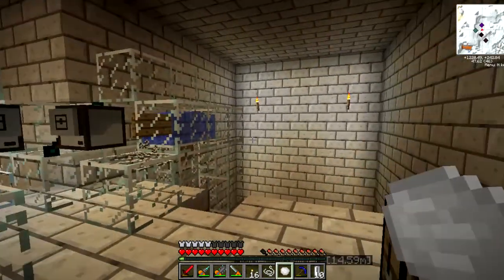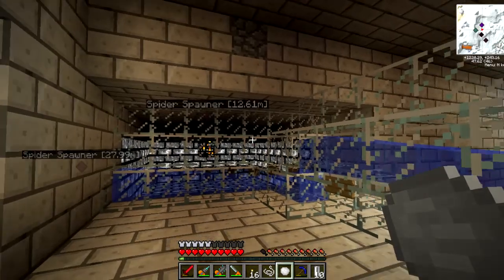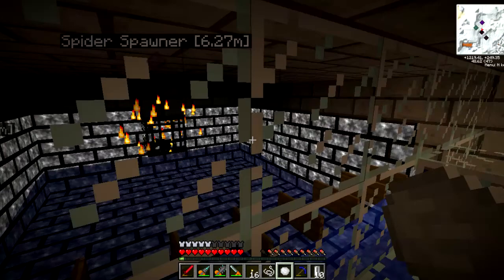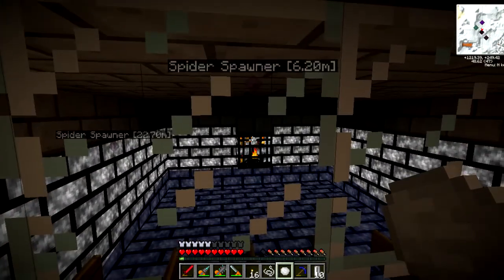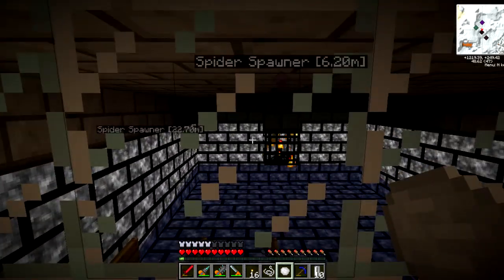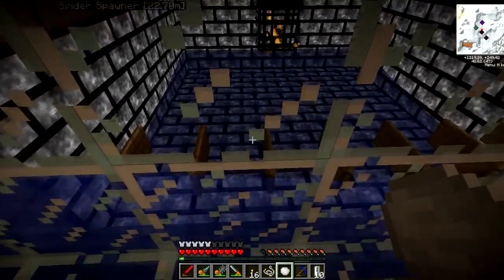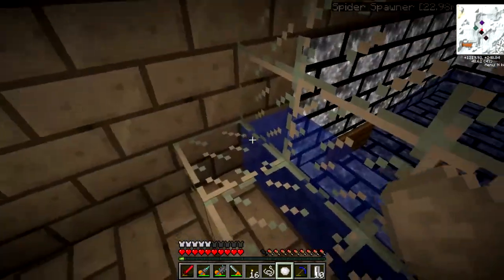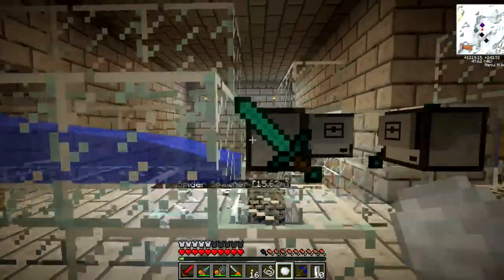This is our spider trap. It took me a little while to build this. We'll just take a look at the basic setup in here. This is a standard spawner trap setup. You have space above the spawner and below the spawner, and then they can spawn in like a 3 by 8 by 8 area, and then they fall into this water, get pushed to the front here. There's a set of stairs. They get pushed up into this water stream, and then that brings them over here, where they are met by